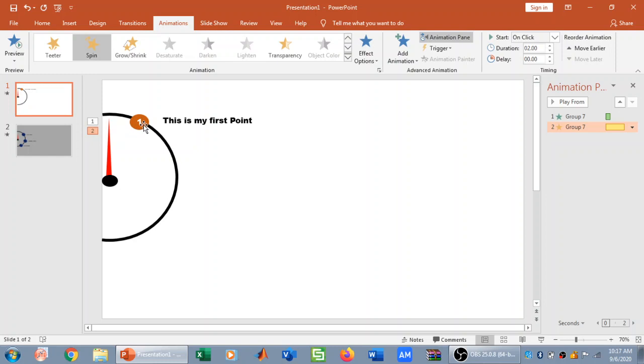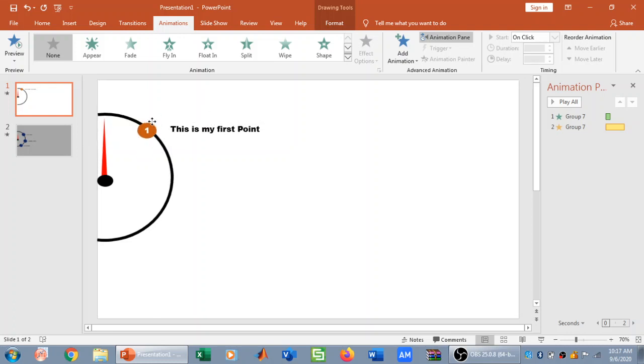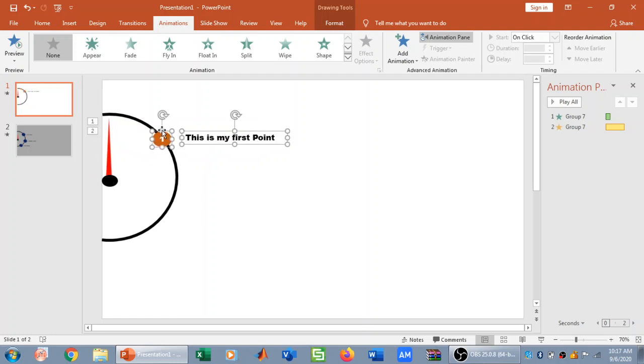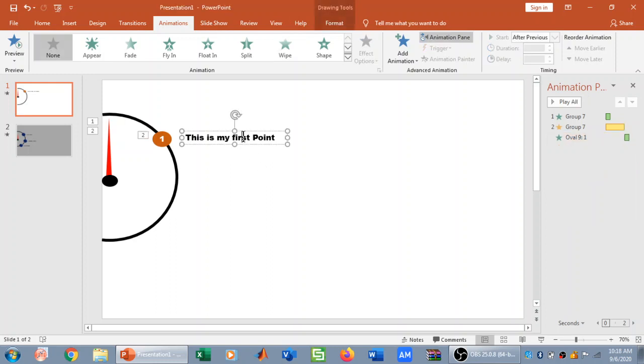So this rotation was a bit off, so I need to click on control, and I need to drag that to here to get this first location. Now I need to add animation to this as well. So what I will do is that I will go again to add animation, and the simple animation that I am going to select is wipe. So I am going to select the wipe animation, and in the wipe animation I am going to select start after previous. And then for the text animation, again I am going to add animation,